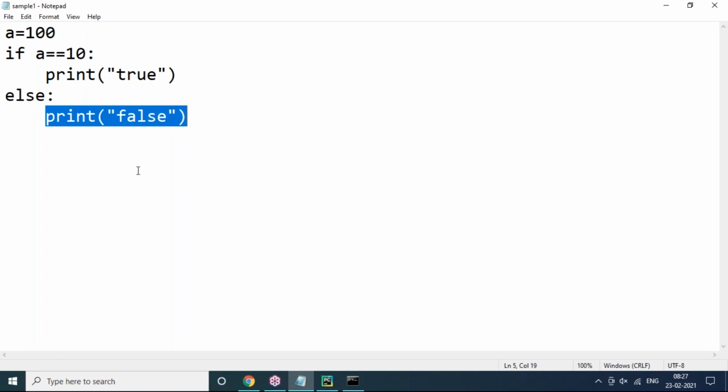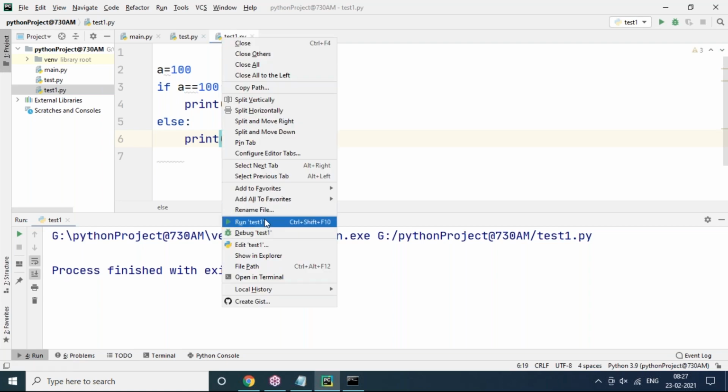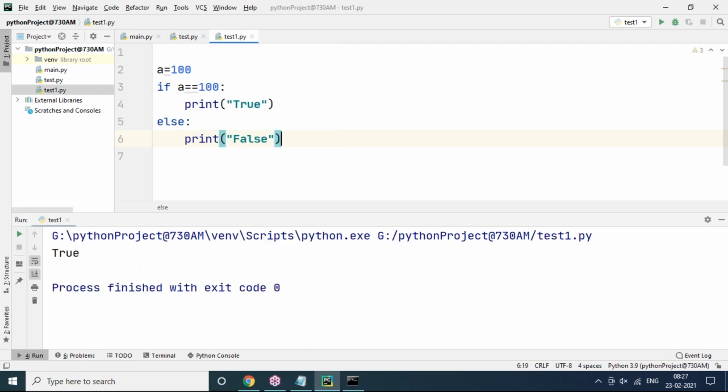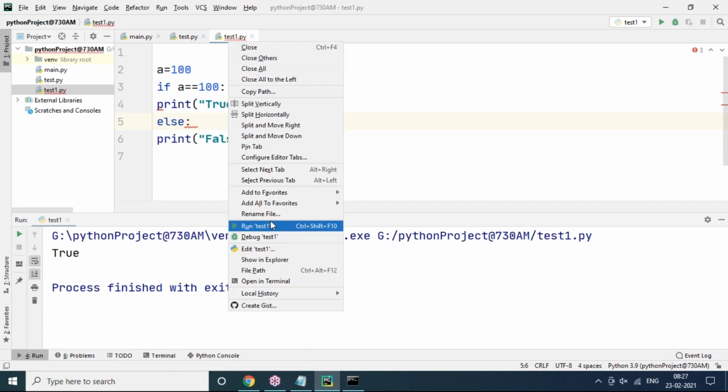But by default, indentation options will not be available in Notepad. But you can see that as soon as we press the enter button, PyCharm automatically leaves spaces. From there, I have to type. That makes sense. It is showing indentation levels clearly. So while writing code in PyCharm, you will not get confused. Directly we can run it. Now you can see this. We got an output true because my condition is true. Here also you can go back to the previous like this. If you don't give indentation, it will give an error here also. Indentation errors are coming.